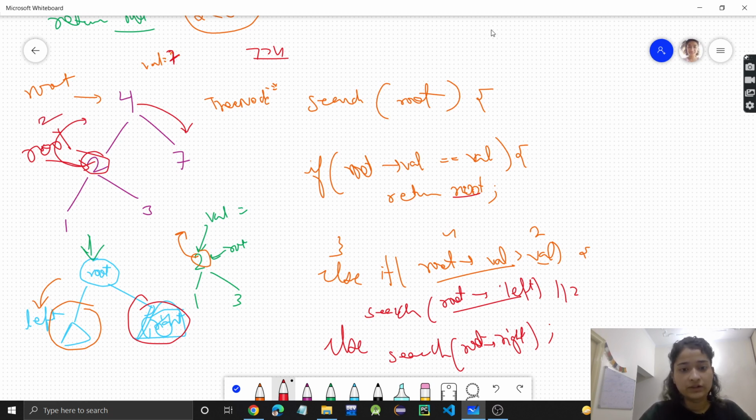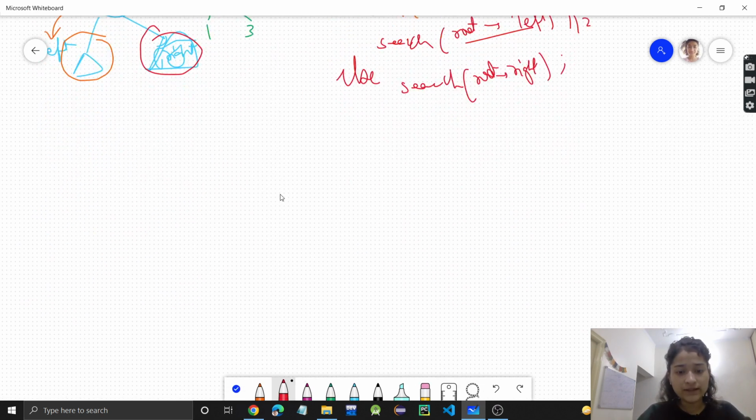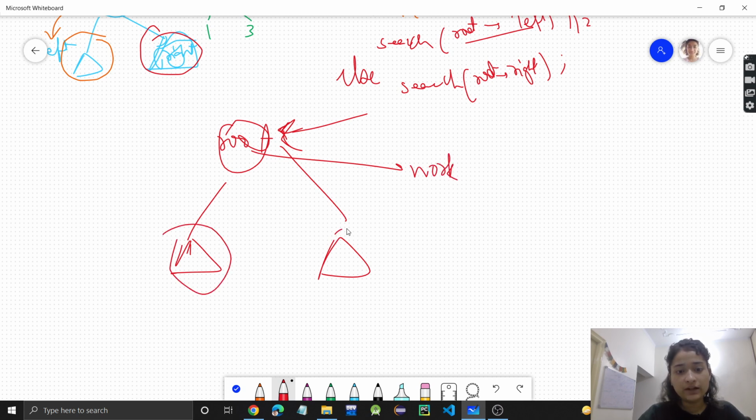Okay. So this is basically the approach in tree problems, right? Whenever a tree problem is given to us, you have to visualize the tree like this: this is your root, and this is the left part and the right part. So we have to only work on the root. We have to think of the approach so that we work on this root, and the left and right recursive calls will handle the rest.